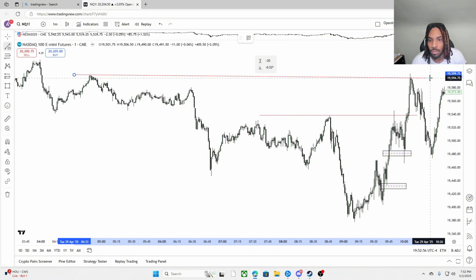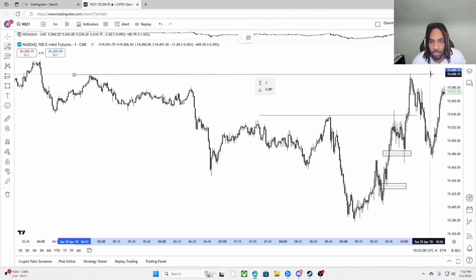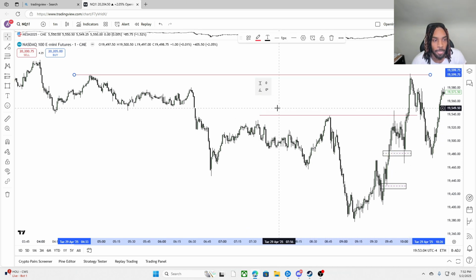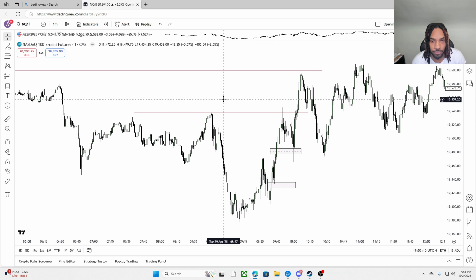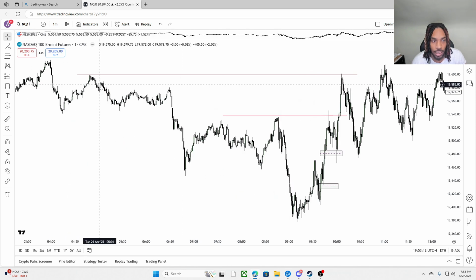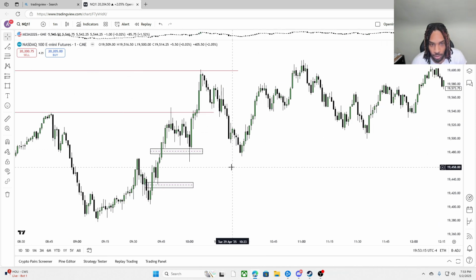Boom. And this is not hindsight, y'all. I traded this day, and I took this fair value gap. And you got this high right here that you could have targeted. Actually, I targeted this high. I didn't even target this one.